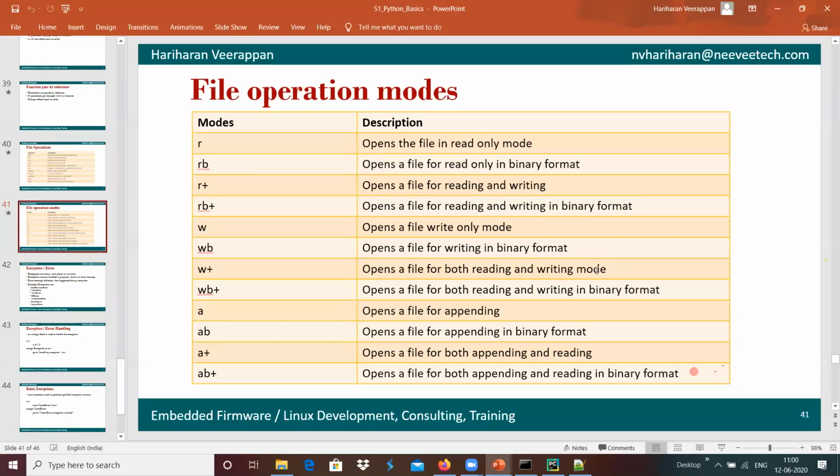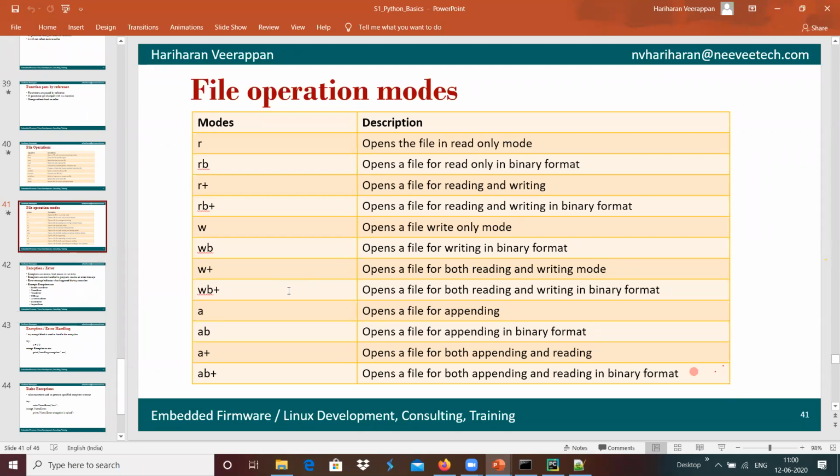If we call in W plus mode and there is no file, a new file will be created. That is the difference between R plus and W plus. And we have the option WB plus, which is similar to that. If there is no file present, it will create a new file for writing and reading accordingly.